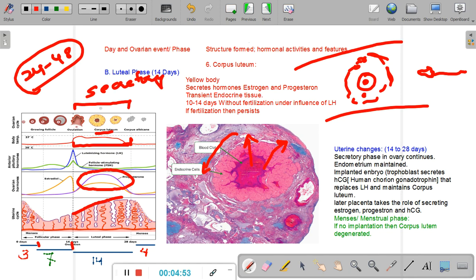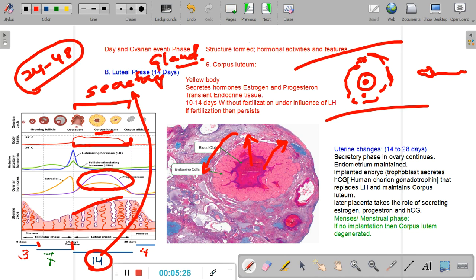While the ovary is undergoing the luteal phase, the uterus is experiencing a period of 14 days, which is known as the secretory phase. And why is this phase called the secretory phase in the endometrium? Because now the endometrium becomes much richer in a variety of blood vessels, and a large number of glandular structures or gland cells appear